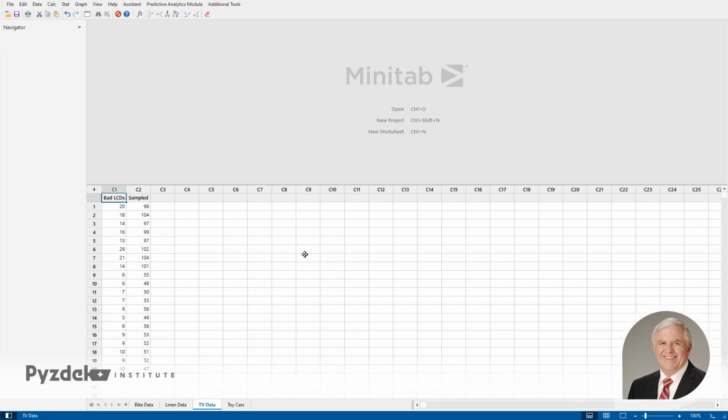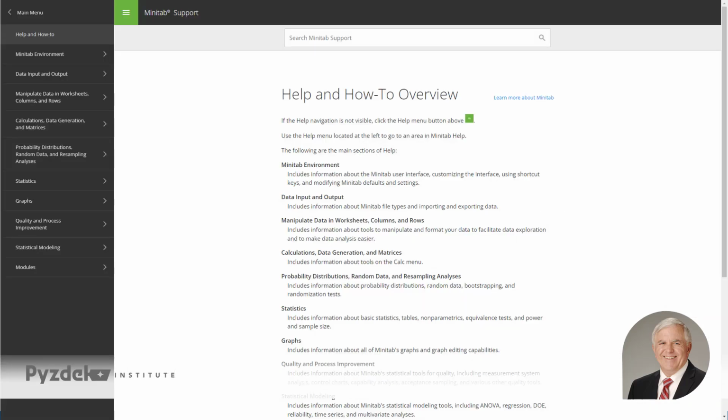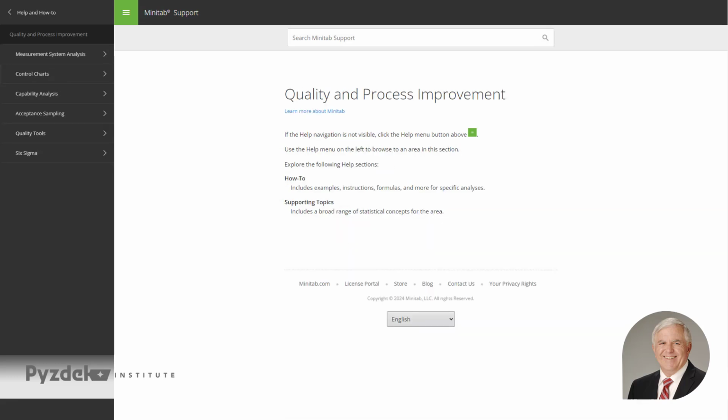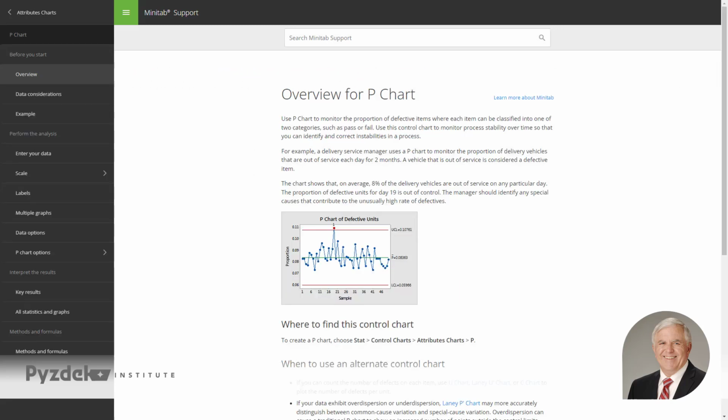What else we know is that if we go to the help, we get additional help on using the P chart. So if you click in the contents and go to the Quality and Process Improvements tab and expand that, and then go to the Control Chart tab and expand that, and then go to the P chart tab and expand that, you'll see that it'll tell you how to create